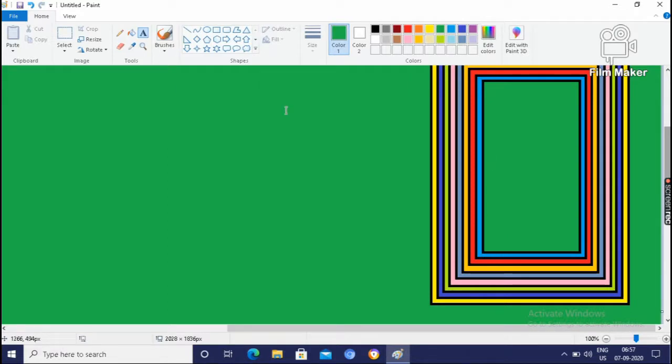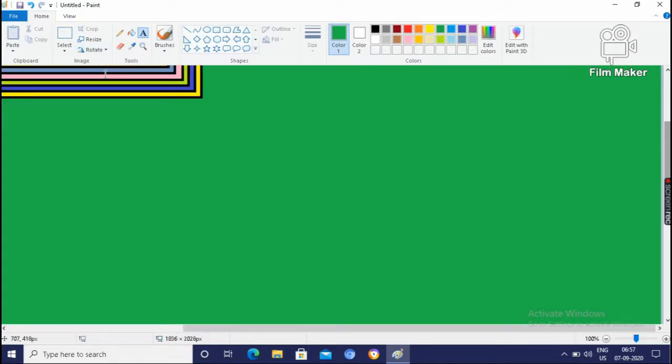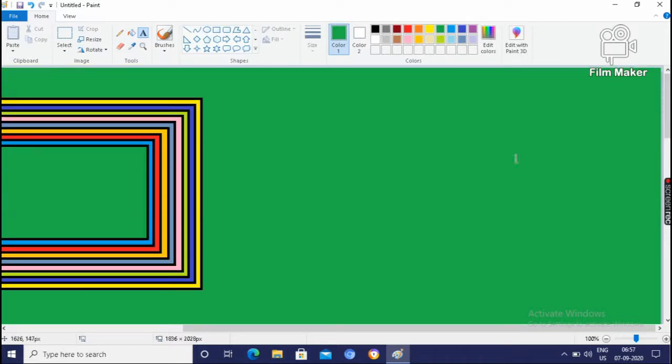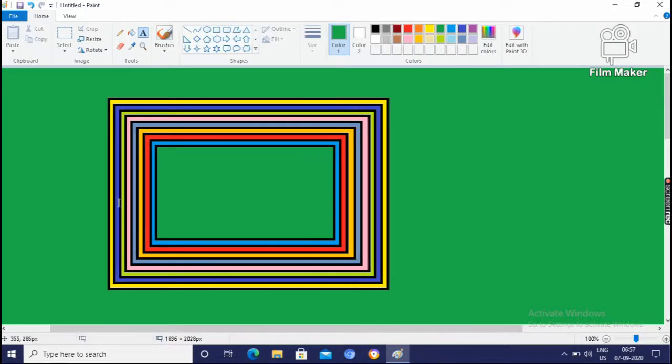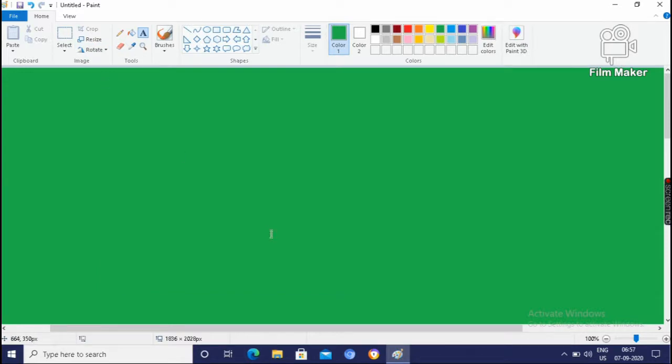Rotate right 90 degrees. Then rotate left 90 degrees. Here it will be like this. Then rotate 180 degrees. It will be like this.